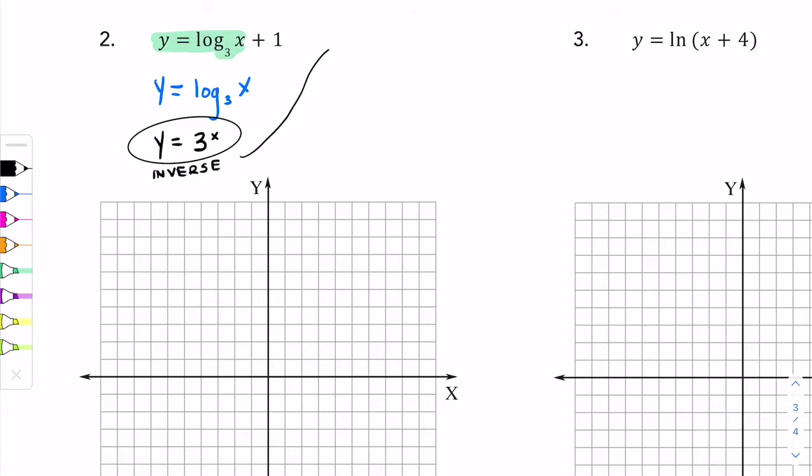If we make a table of values for the inverse, if we test -2, -1, 0, 1, and 2, we have outputs at -2, 1/9, -1, 1/3, 0, 1, 1, 3, 2, 9. Now we take these ordered pairs and we switch them,